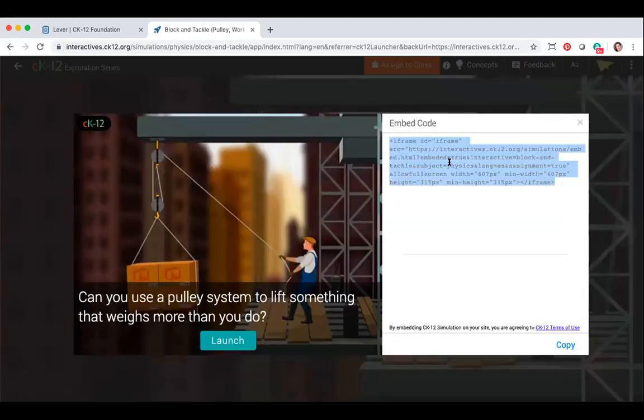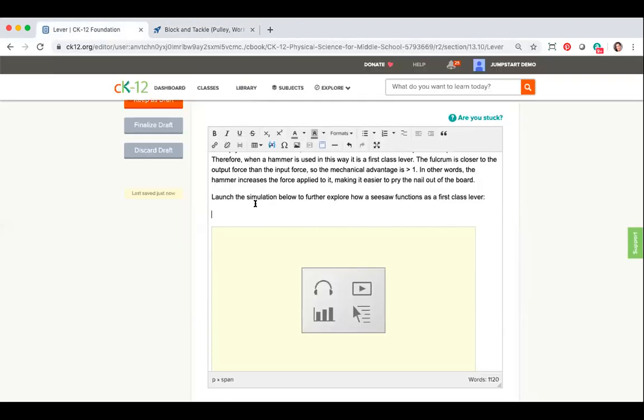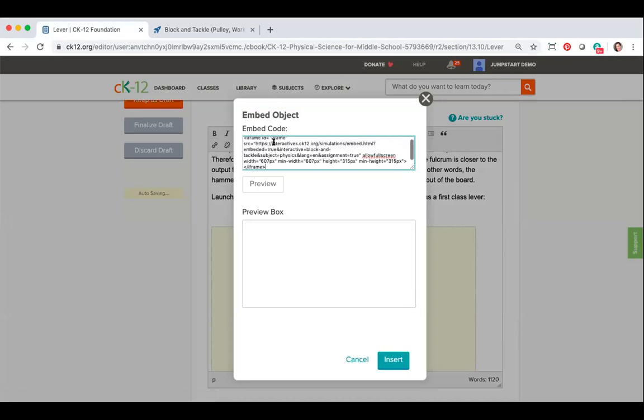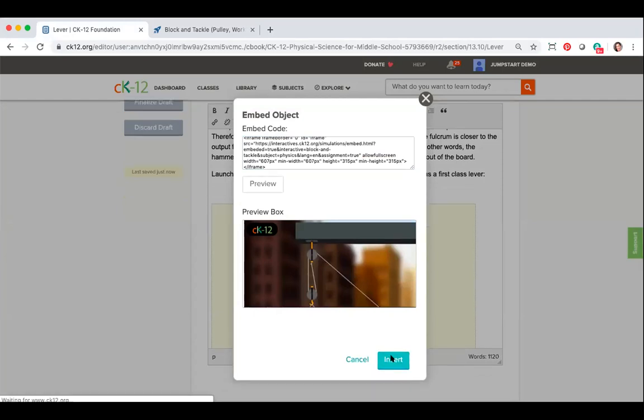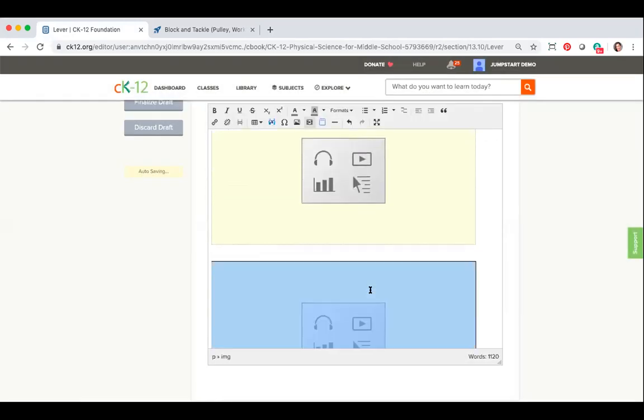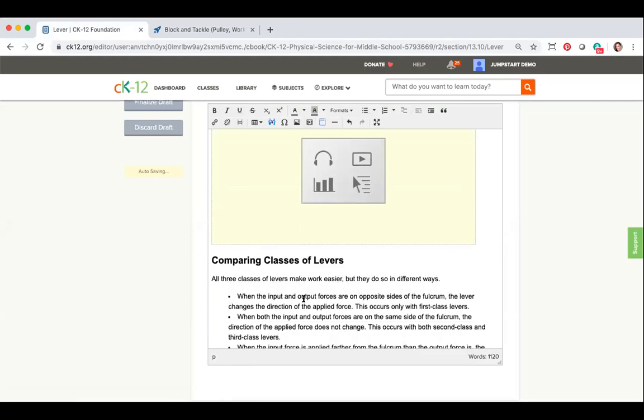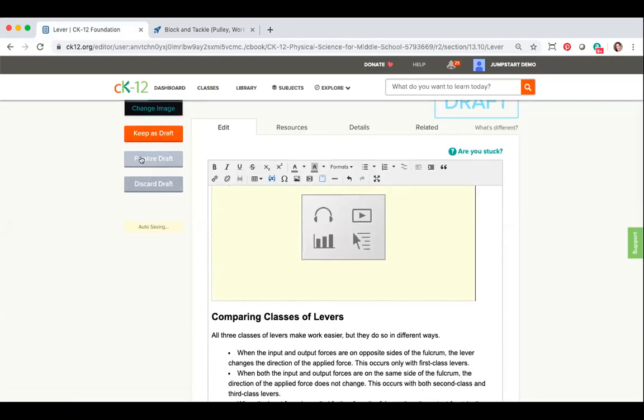Click on the code, and you're going to copy it. I'm going to go back into the lesson, and then I'm going to hit that insert media icon, and I'm going to preview. Now I can kind of see the corner of it there, and I'm going to insert it, and I'm going to get rid of this seesaw one. So if I finalize this draft,